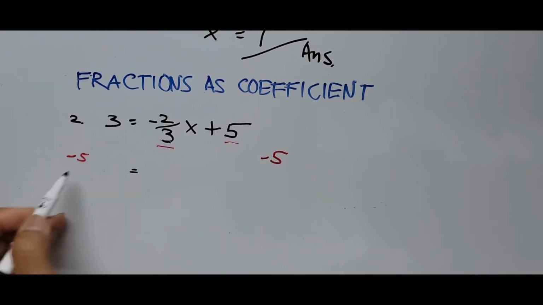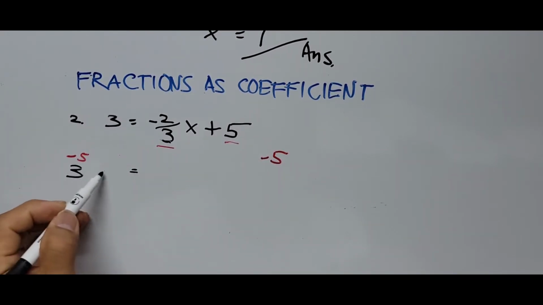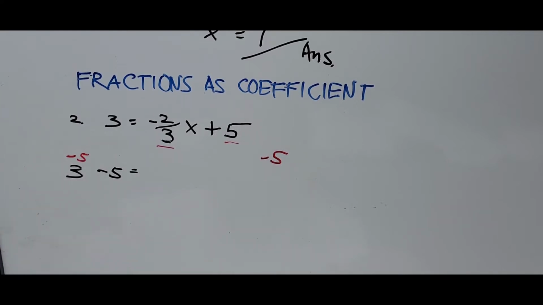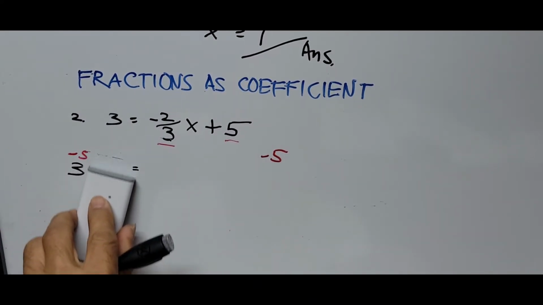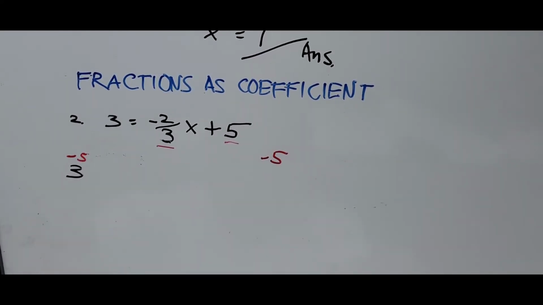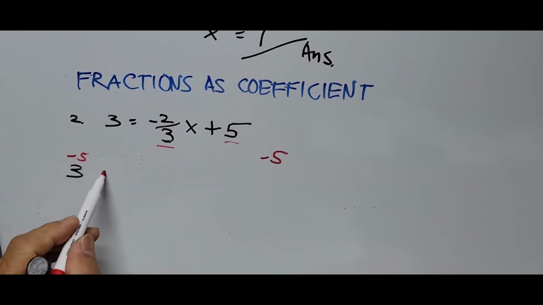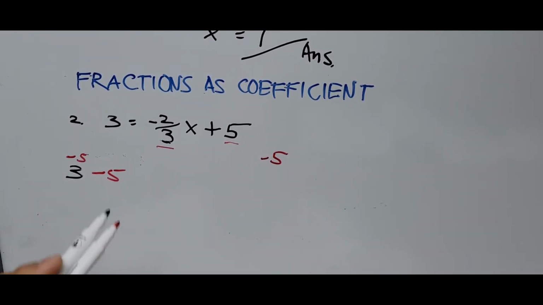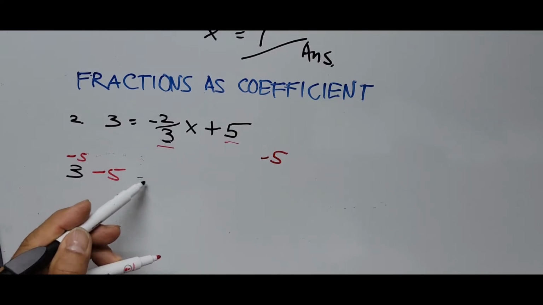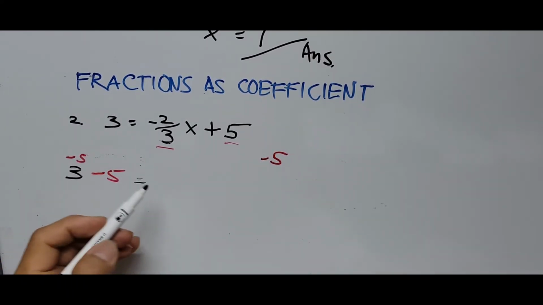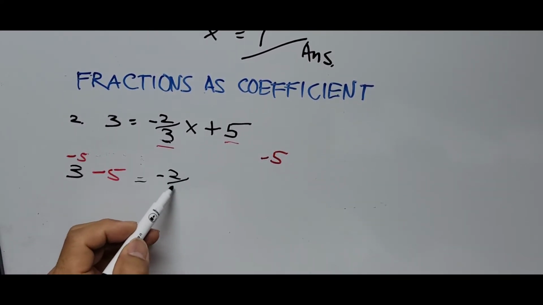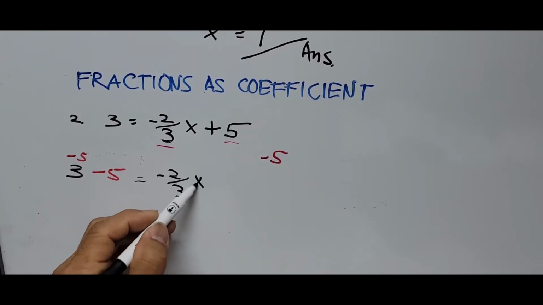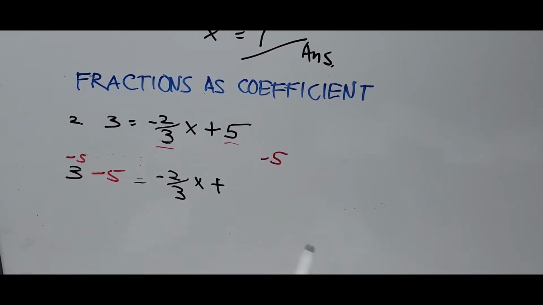Bring down 3 minus 5 equals negative 2/3 x plus 5,